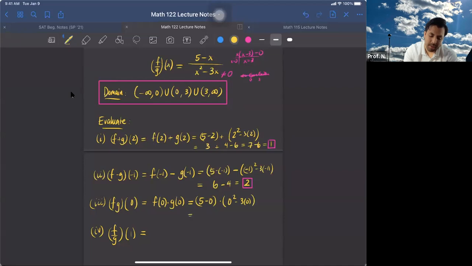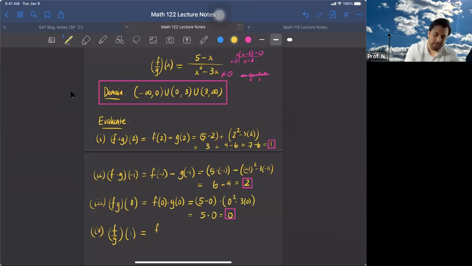What happens? 5 minus 0 is 5. 0 squared minus 3 times 0 is 0. 5 times 0 is 0 in this case. That would be a different number, but anyways, I multiply those two numbers out. And then lastly,